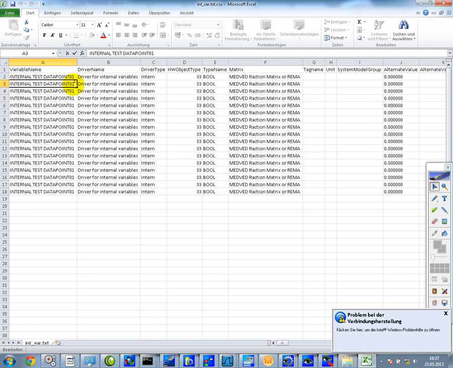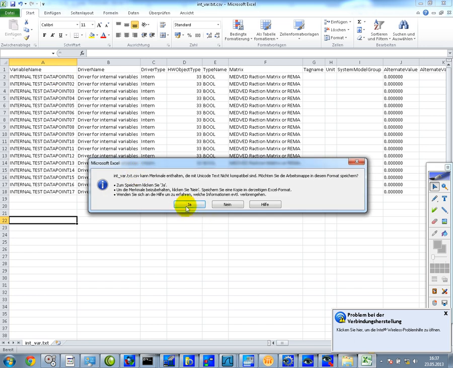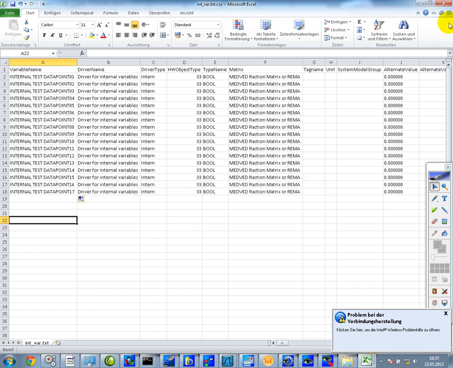Here we decide, okay, it's data point 2. I'm not sure that this will work. Of course, this is the nice feature of Excel. Now we have 17 data points. All of them are linked to the same REMA. So if I store this, and if I close Excel,